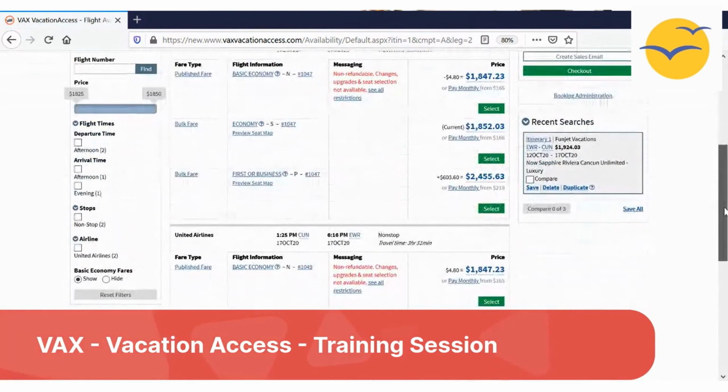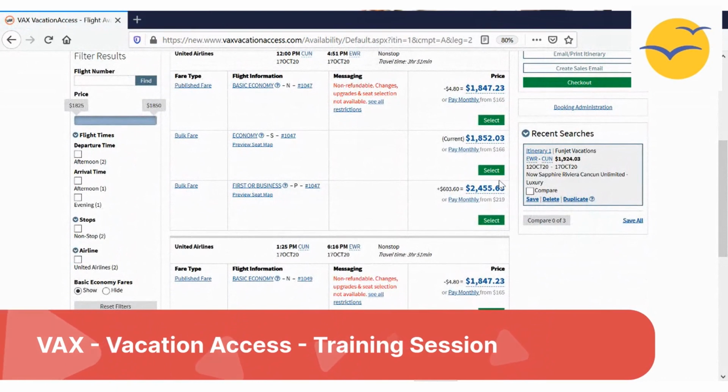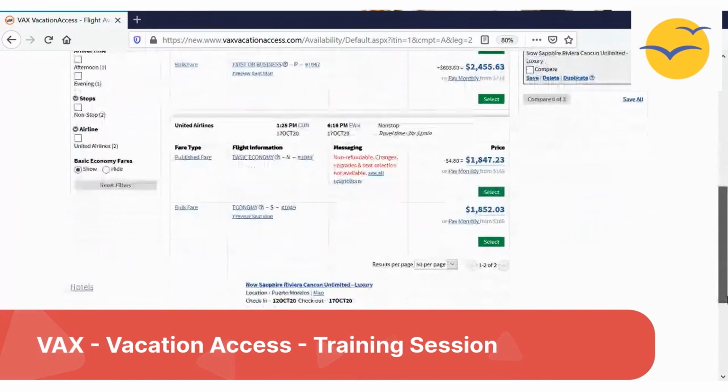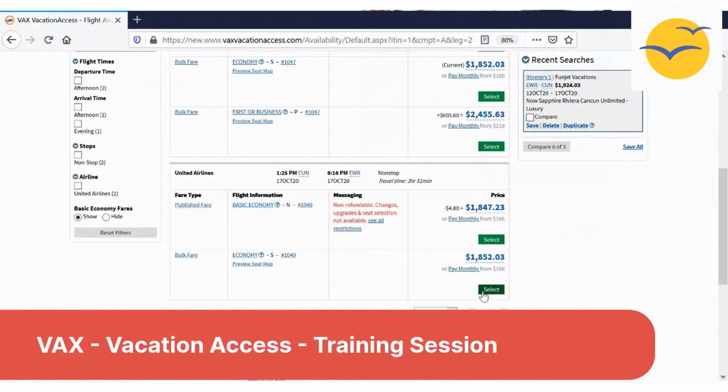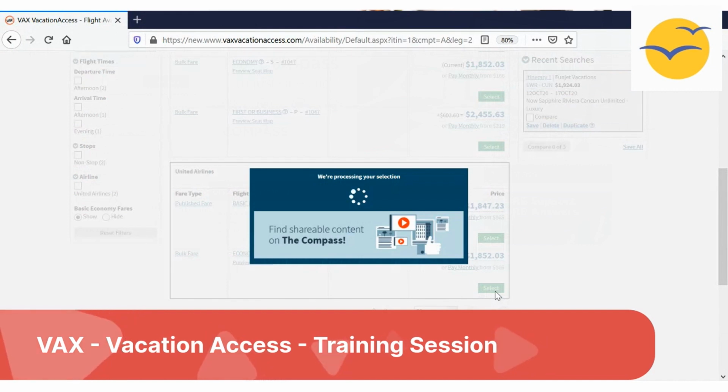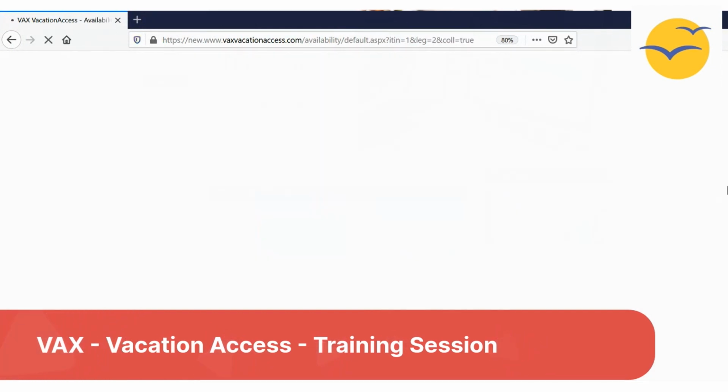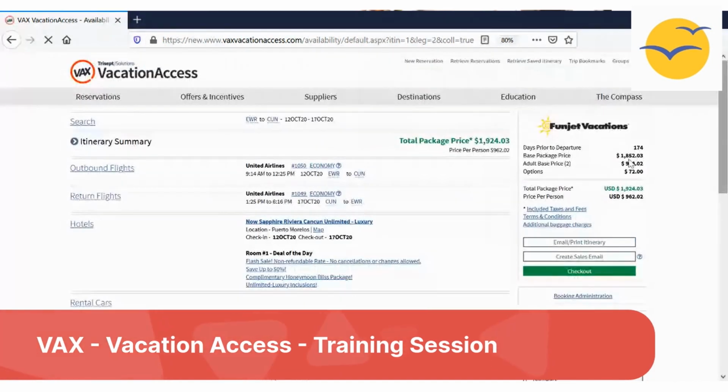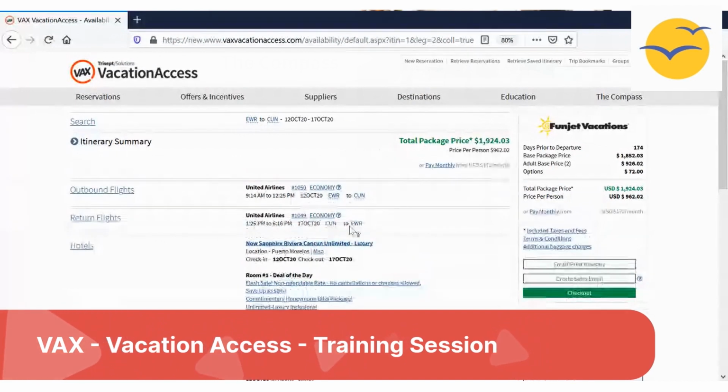So if you want to pick a different time, for example, you see the price is the same, but this is 12. The clients want to maybe get another hour and 15 minutes, hour and 25 minutes in Cancun. So we are going to pick that one because it gives them an extra hour. So now we picked the flights that we want. All of our package right now, the package that we will see, all the hotels will be based on these